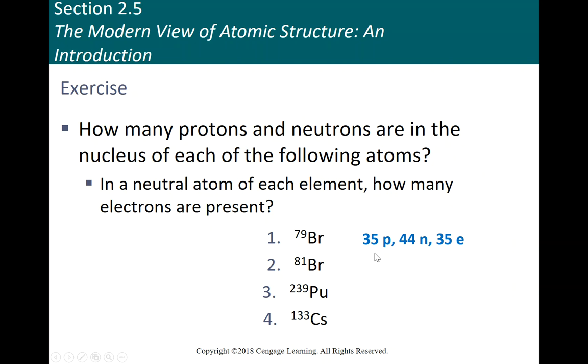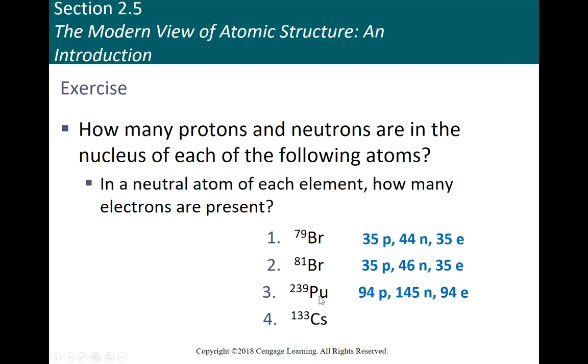Same thing in this one in terms of protons, because it's bromine, it has 35 protons, electrically neutral, so it has 35 electrons. And then if we do the subtraction, this time we added 2 to the mass, and so we're going to add 2 neutrons. The next one